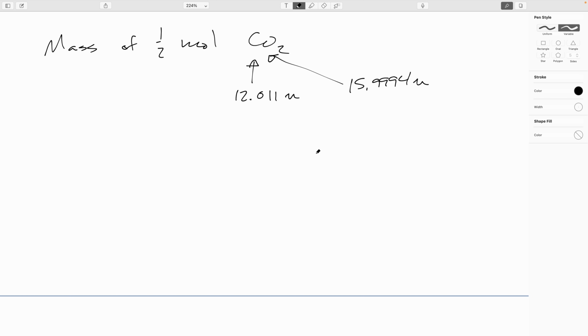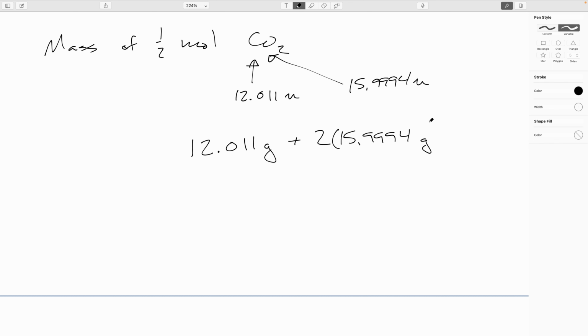So the idea is you go ahead and find yourself the mass of a mole. Well, in 1 mole of carbon dioxide, you'll have 1 carbon, 2 oxygens. So a mole of carbon would weigh 12.011 grams. This is because with molar mass, you can always say the mass of a mole of a thing is the atomic mass, but replace the atomic mass unit with grams to get a molar mass. And similarly, in a mole of carbon dioxide you'll have 1 mole of carbon, 2 moles of oxygen atoms. So it'll be 2 times